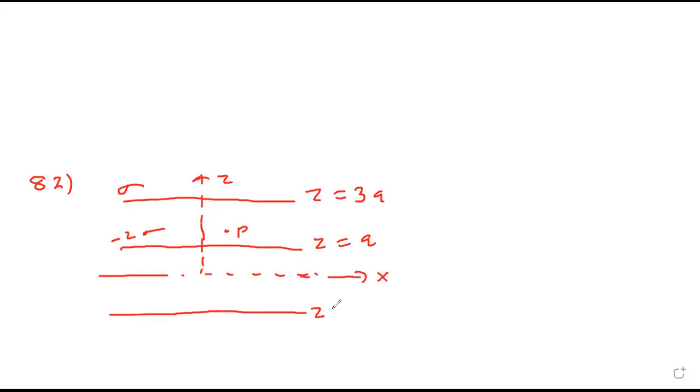Here Z is minus A and this is minus sigma. Now I'm reading the question. 3 infinitely long charge sheets are placed as shown in figure. Electric field at point P is how much? They want in magnitude as well as direction. See, for positive charge, field is outward, negative charge, it is inward. And near an infinitely charged sheet, the formula is sigma upon 2 epsilon naught.